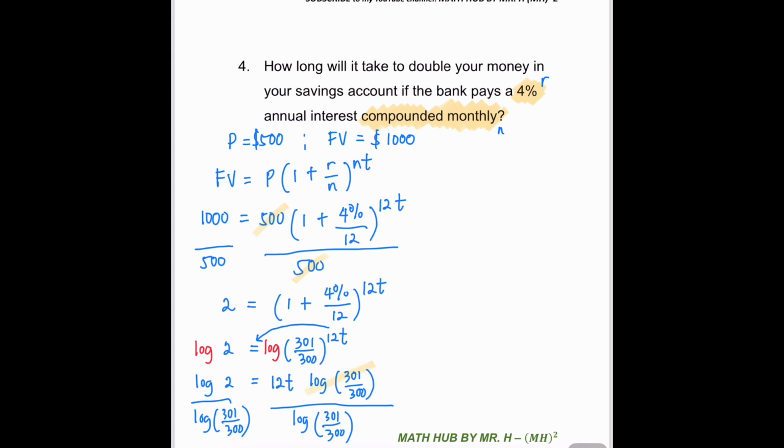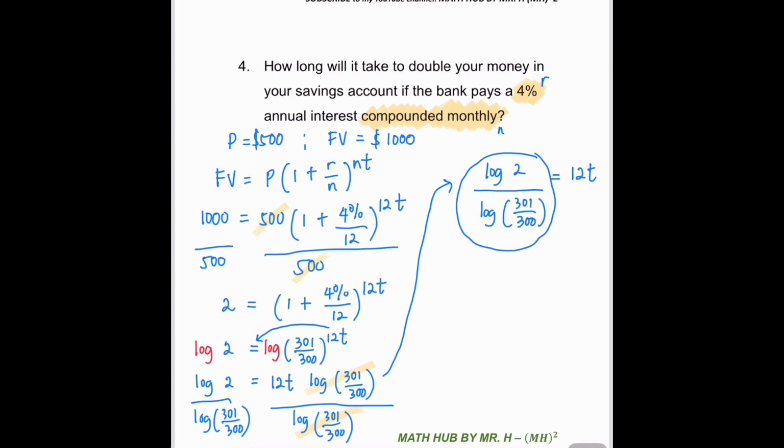So this will become 1, just cancel it out, and the right hand side will give us 12t equals log 2 divided by log 301 divided by 300. On your calculator, you need to type everything on the left hand side in one go. And if you do that, it's going to give you